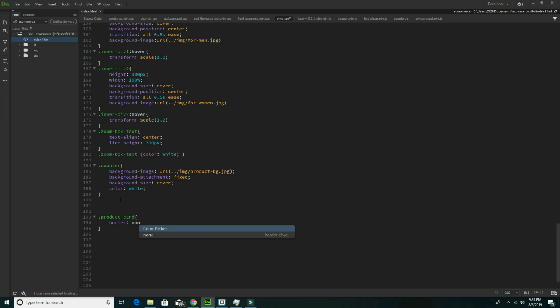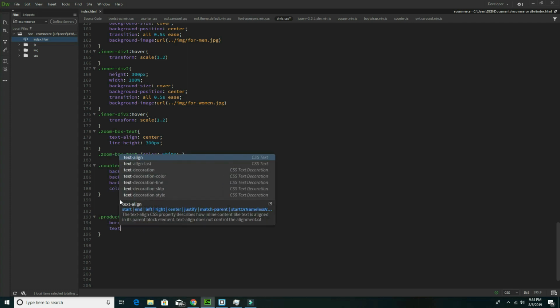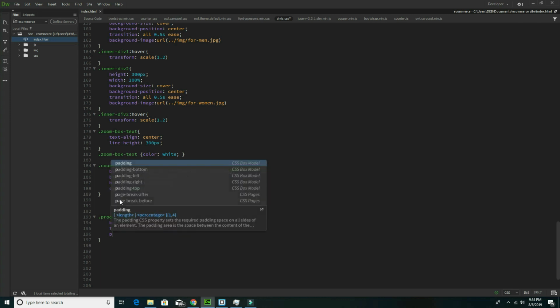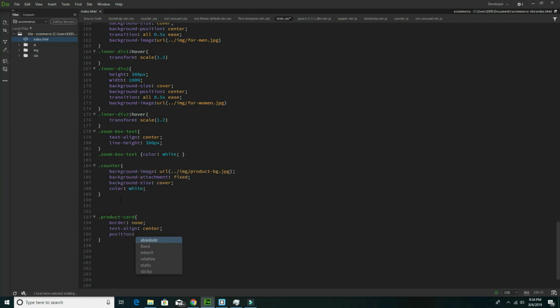Okay, and text align will be centered. After that, position I am keeping as relative. Okay, now after this product card, dot product, copy this class name, in between card title